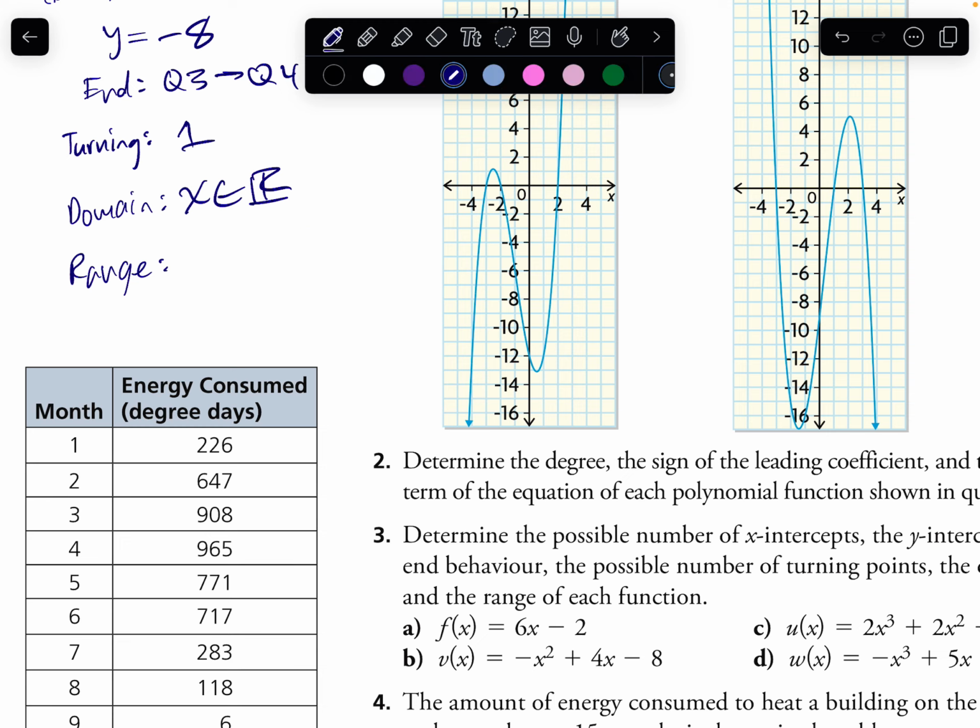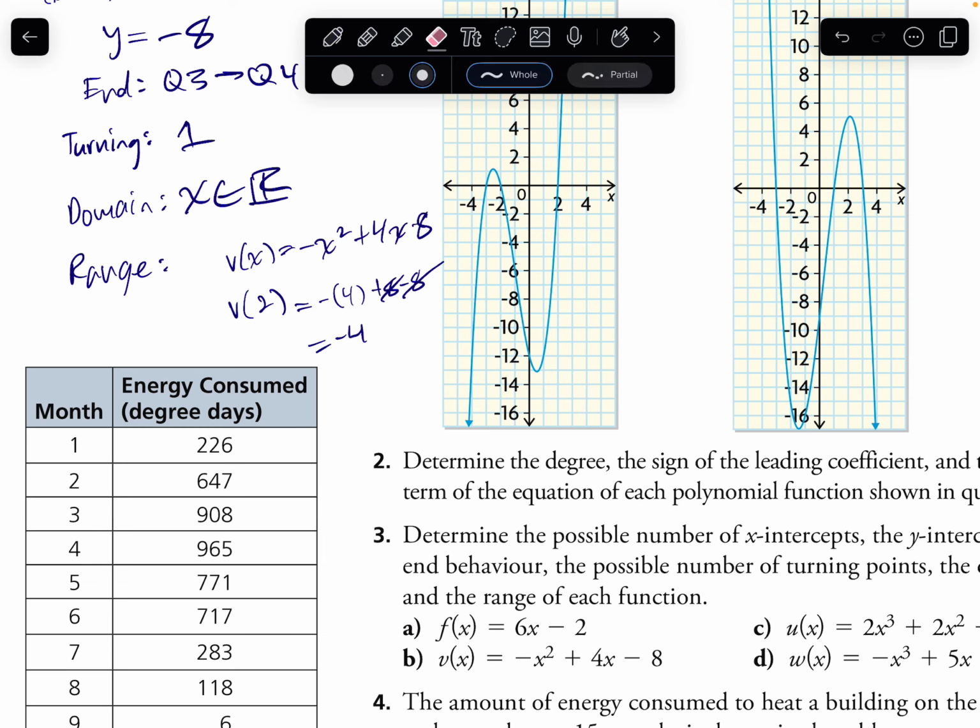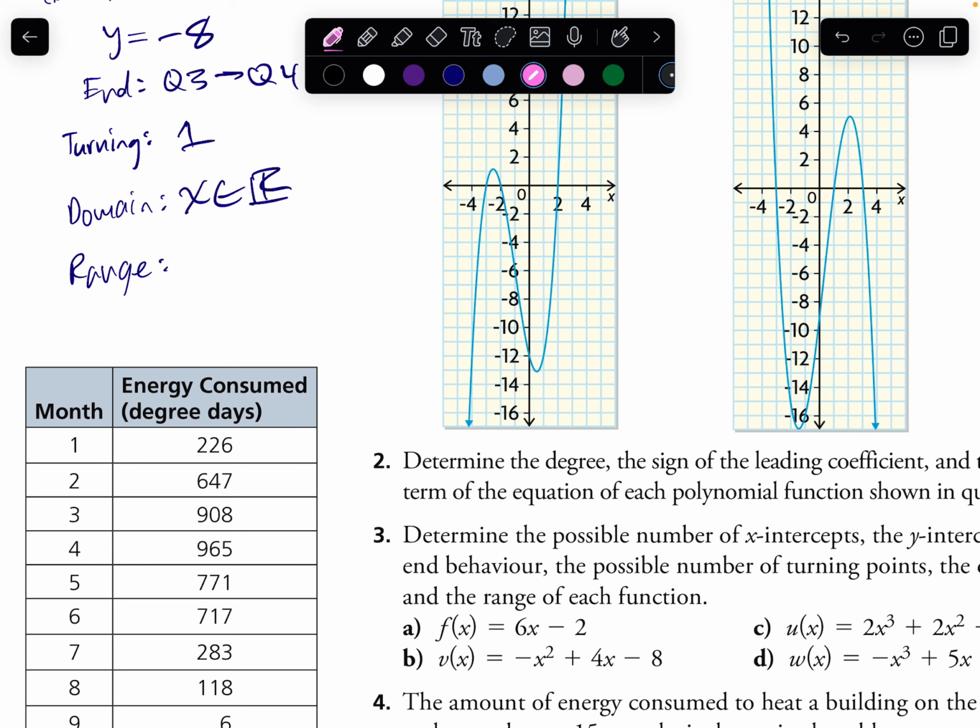So y equals negative x squared plus 4x minus 8. Well, we sub in that value we just found, 2: negative 4, because 2 squared is 4, plus 8 minus 8. Those two cancel each other, so negative 4 is going to be the y value at the turning point. And remember, because of our shape, that's going to be our maximum y value, right? Because the turning point is the maximum within a negative parabola. So it means that y is going to be less than or equal to negative 4 as our